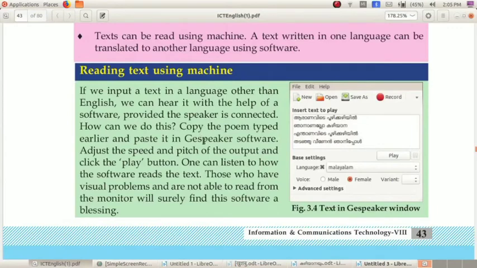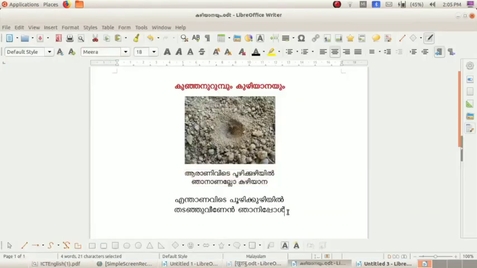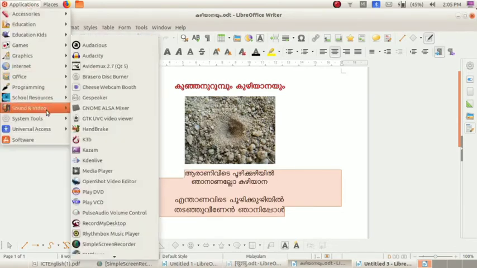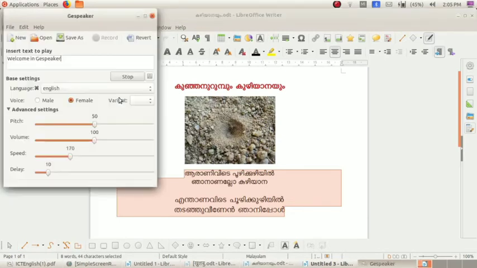Here you can see reading text using machine. For that we make use of GSpeaker software. Now I am selecting these lines, copying it and opening applications, sound and video, GSpeaker. Okay.